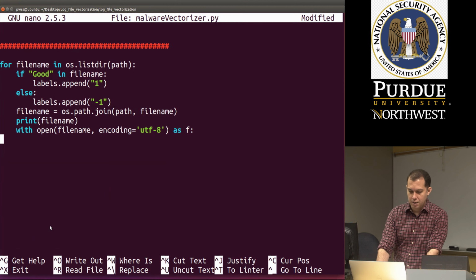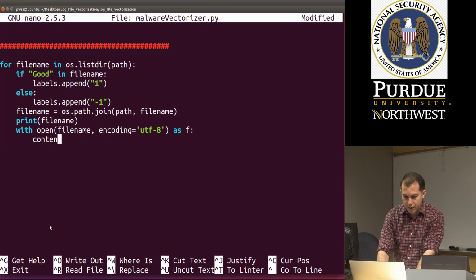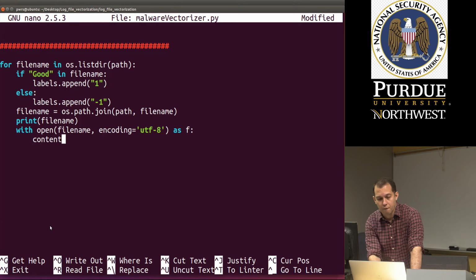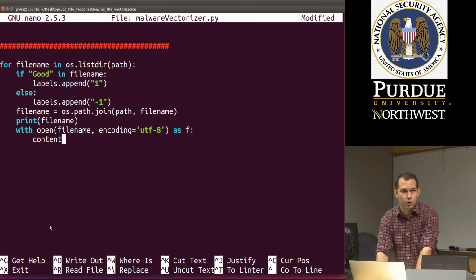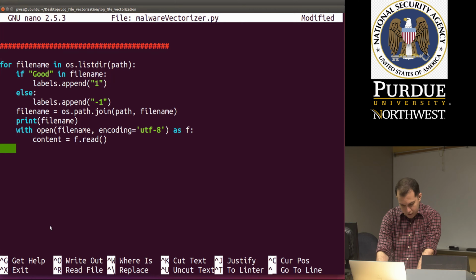Now we are ready to read in the contents. We're going to read in the contents of the entire file. Let's say we grab malware2.txt or CSV, and we read the entire content. So we do f.read, and then we have it here. And so now we can call